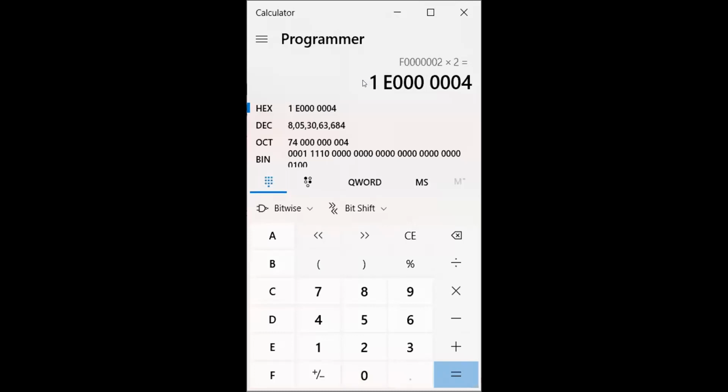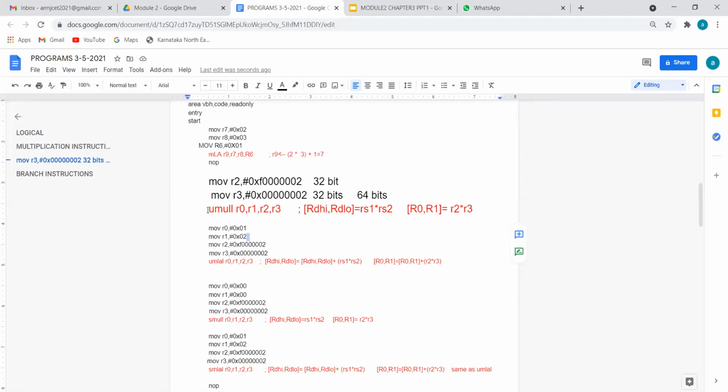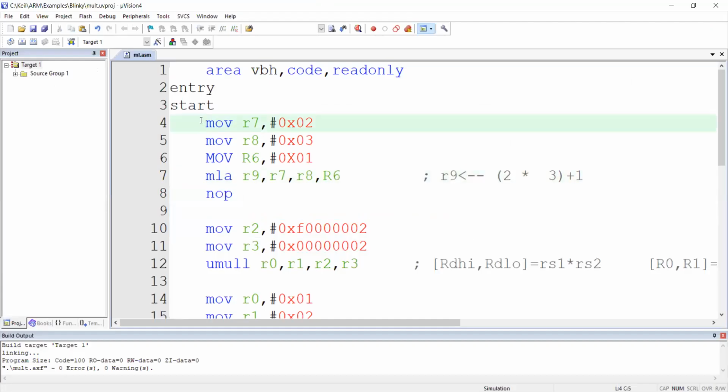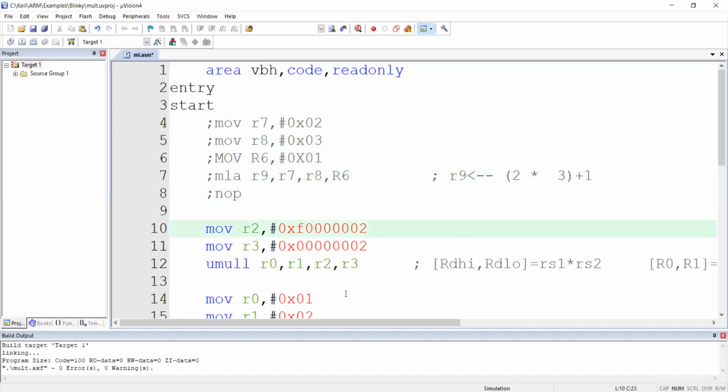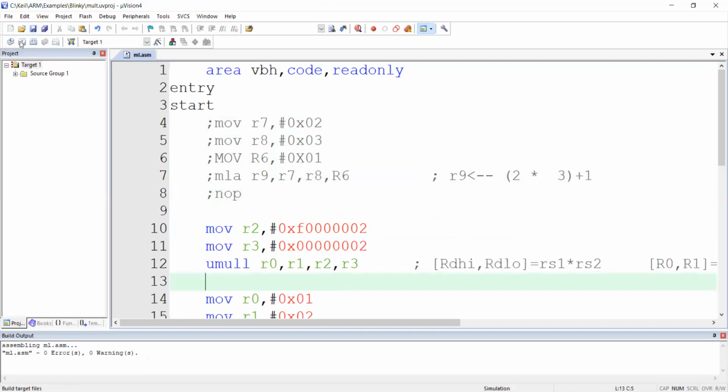So hence what we have to do is prefix 7 zeros for this and make this one also a 32-bit number. Okay, that is done by unsigned multiplication of long. And what is compulsory? I mentioned R0 and R1 should be taken for storing the results which are beyond 32 bits. Okay, let's go back to the software and check. Okay, here I will put a comment. Okay, so then directly we'll take this. So I will save this.